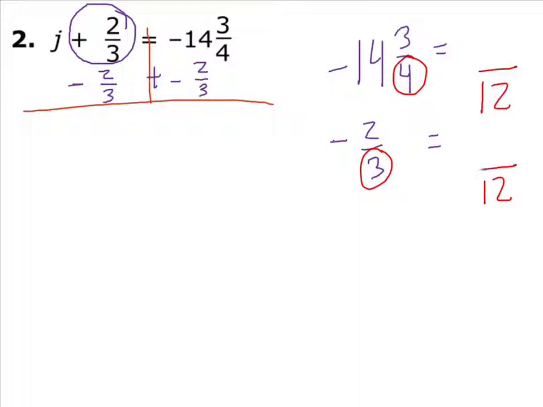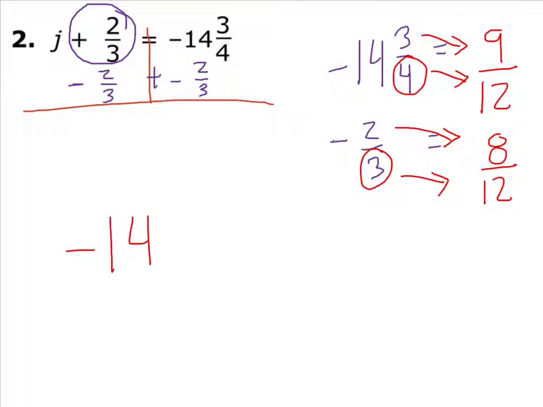I know that 3 times 4 is 12, so 2 times 3 is 8. 4 times 3 is 12. 3 times 3 is 9. So I'm going to have negative 14 and 3/4. Excuse me, it is 3/4, but remember I found a common denominator, so that's what I want now. So I'm going to have to use that 9/12. 14 and 9/12